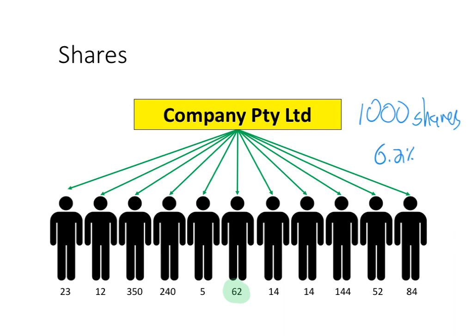When you vote as a shareholder, you vote in accordance to your percentage. So your vote is worth 6.2%. Now that is not enough to have control over the company, so you have no real meaningful control over the decisions made by that company. So you would be what we call a passive investor who owns shares, mainly to receive a dividend income and hopefully have the shares increase in value over time.